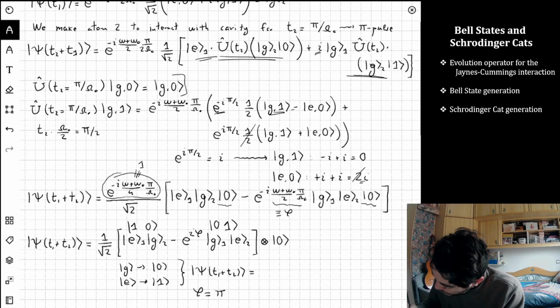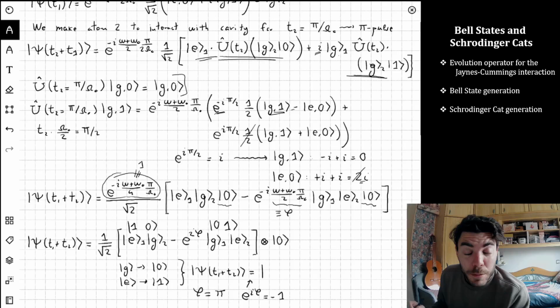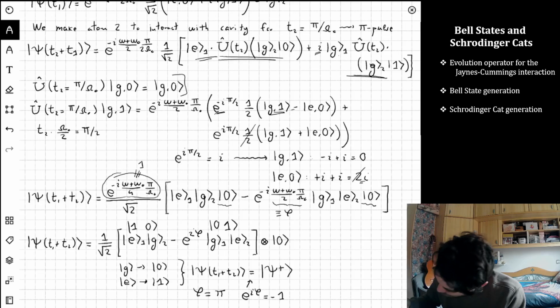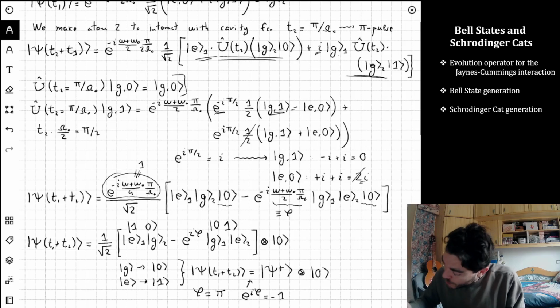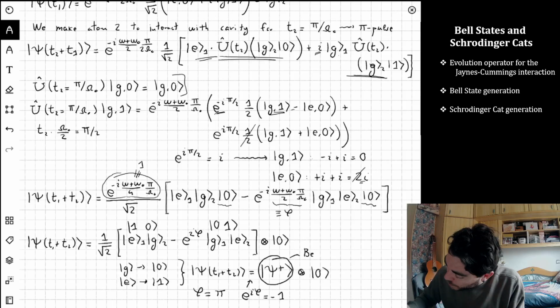In this case, e to the I phi is equal to minus 1, so this minus becomes plus, and then what we get is exactly the state 1 0 plus 0 1, which is what we defined as psi plus, and the cavity is empty, so we don't care anymore. So we created a Bell state,